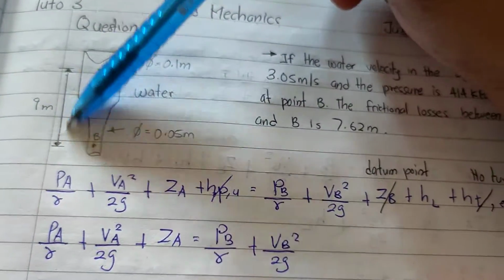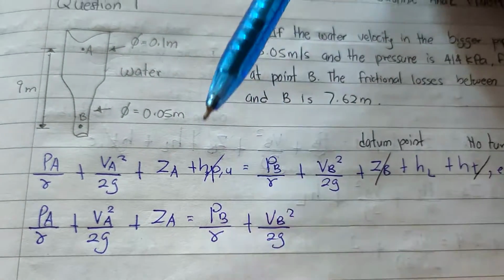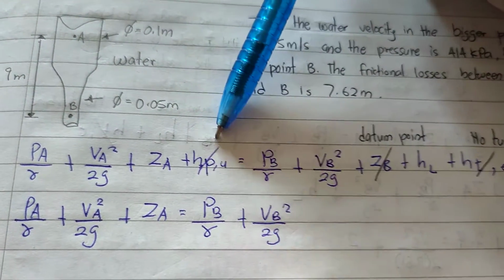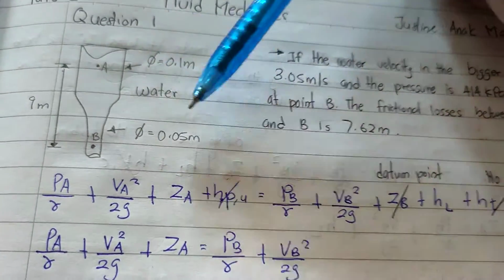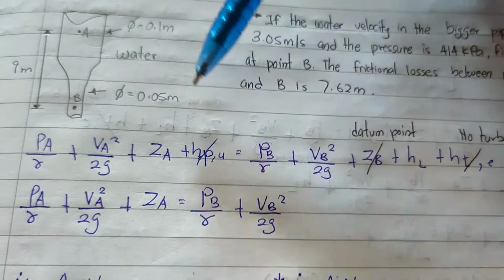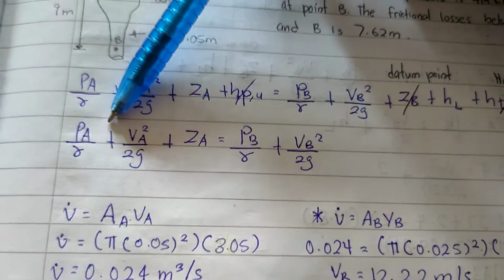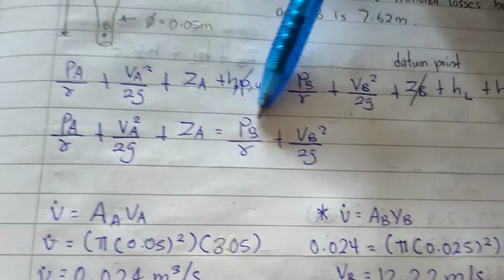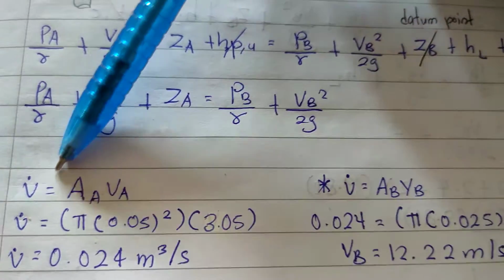point, and HPU, which is H pump useful, because there is no pump in this question. Then rearrange the equation. The equation will look like this. After that, we need to find the